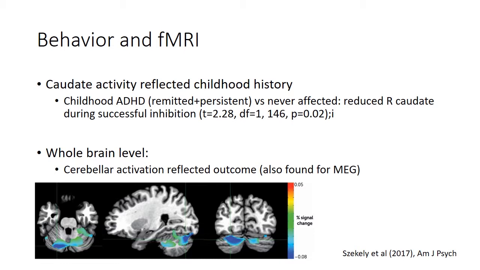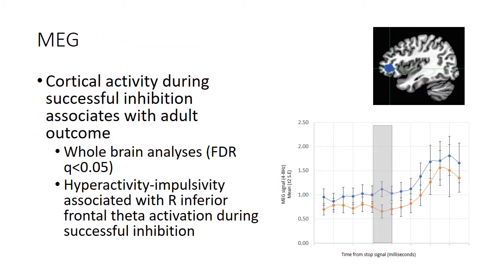Finally, I'll note a very interesting side finding: in whole brain analyses, completely unconstrained by regions of interest, the strongest finding was actually that cerebellar activity during successful inhibition reflected adult outcome, in the regions that you can see here. This was, to me, an unexpected, but I think entirely fascinating finding that we also find in MEG. And to talk about MEG, we followed up our fMRI findings using MEG, and we did so because